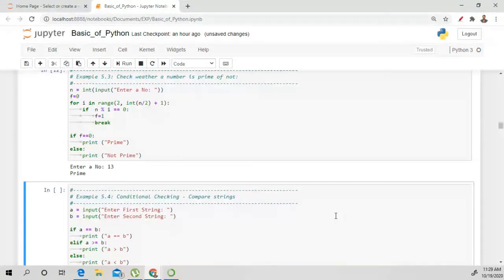I am going to take the value 13. So 13 is a prime number. Okay, a number divisible by 1 and by itself only is called a prime number.